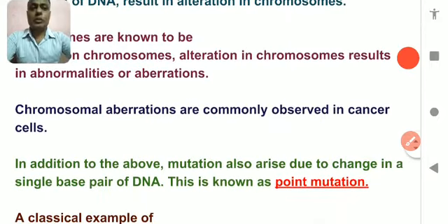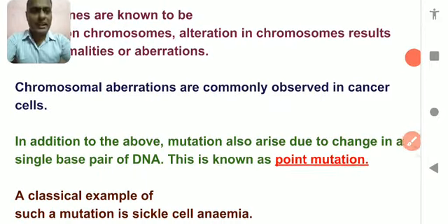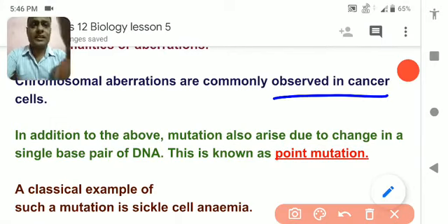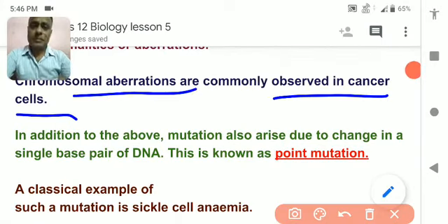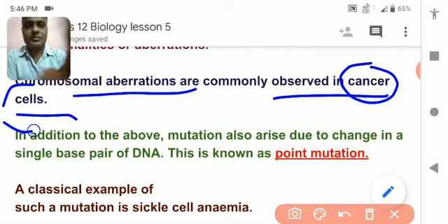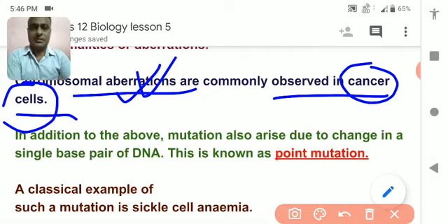Next, chromosomal aberration may commonly cause cancer. If aberration occurs, sometimes, not majorly, the kind of cancer that takes place is due to chromosomal aberration, meaning the number of chromosomes has changed, or the DNA has changed, or something has happened that causes alteration of the chromosome, and this alteration of chromosome causes cancer or different kinds of mutation. So cancer is one of the good examples of mutation.